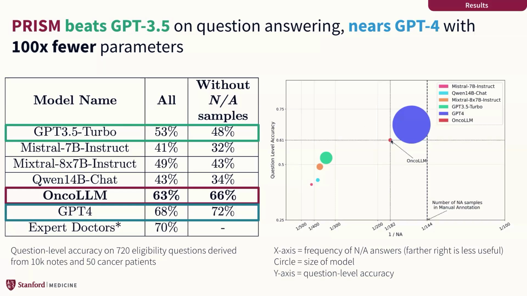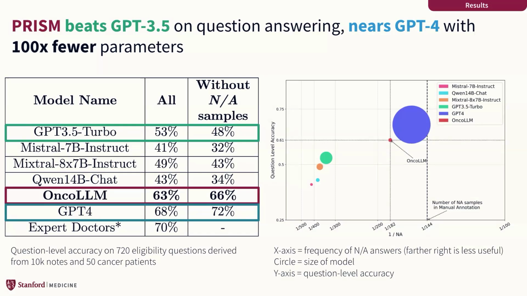So to reiterate the last point, we're approaching GPT-4. The insight here, though, is that we're doing it with roughly 100 times fewer parameters. So in this plot on the right, which I thought was very nicely done, the x-axis, I'm actually not 100% sure what it is, but the y-axis is accuracy. I'm not sure why this does not match those numbers, but the main takeaway is that the size of the circle is the size of the model. You're seeing GPT-4, which is huge, is kind of close to Onco LLM, which is tiny, which is better than GPT 3.5 and all these other